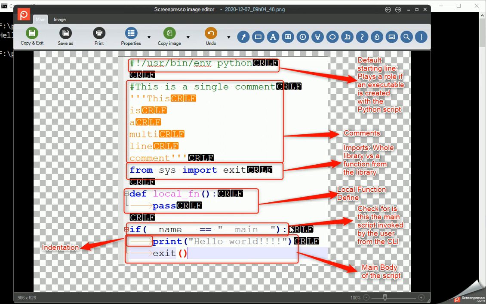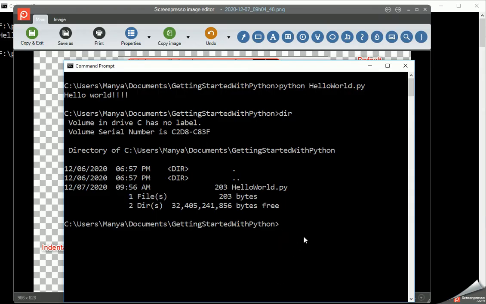Now for the next section. This is simply an if condition: if __name__ == "__main__". This is a check if this is a main script. What is a main script? A main script is the script that is parameterized by the user from the command line. In this case, hello world.py is a main script.